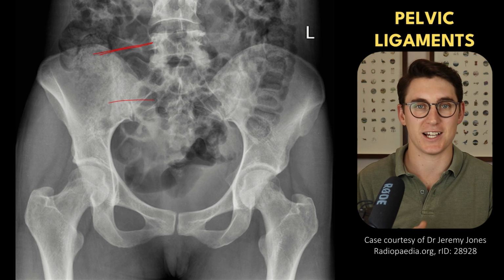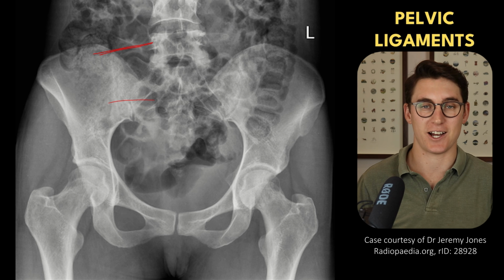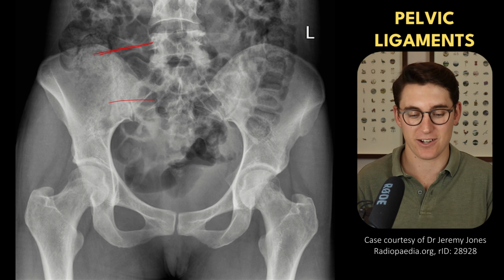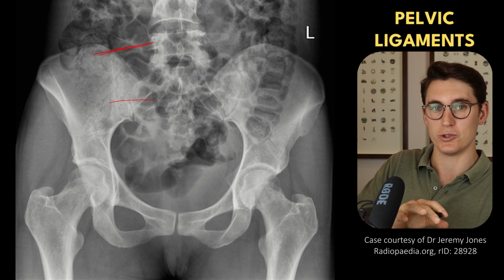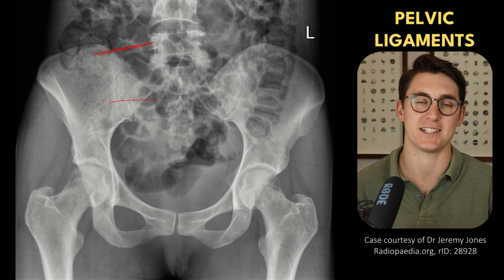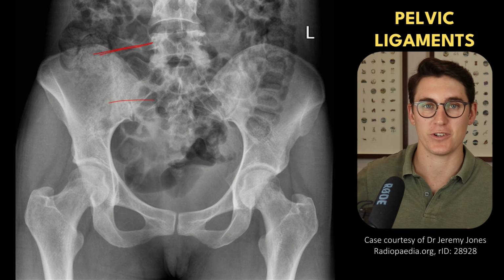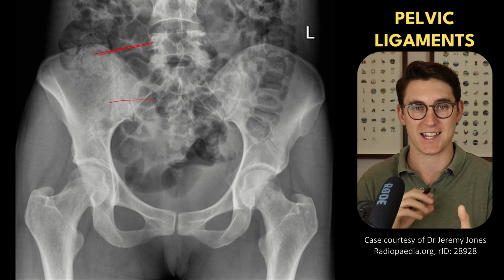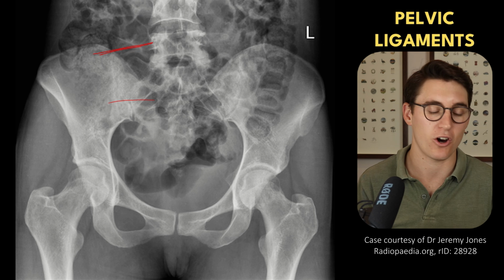What that spiral does, it allows us to flex our hip, allows our leg to come out anteriorly, and as our hip flexes, that spiral loosens, it unwinds, allowing for more movement of that femur anteriorly. But as we head our femur posteriorly, extend our hip, the spiral tightens and prevents anterior dislocation of that femoral